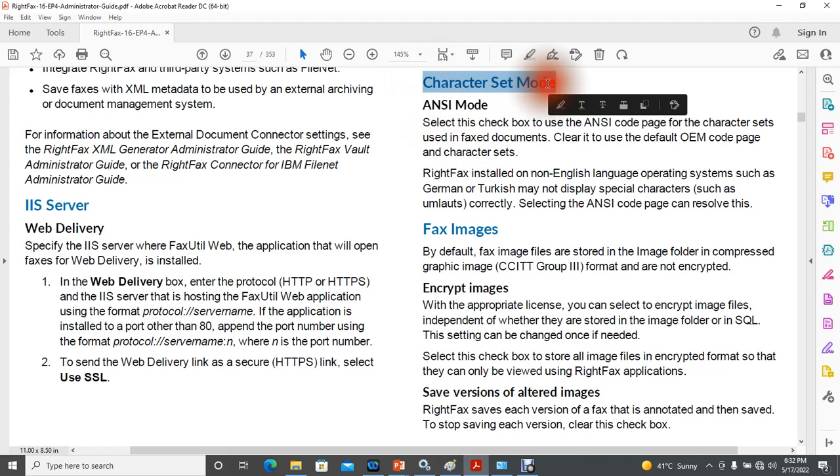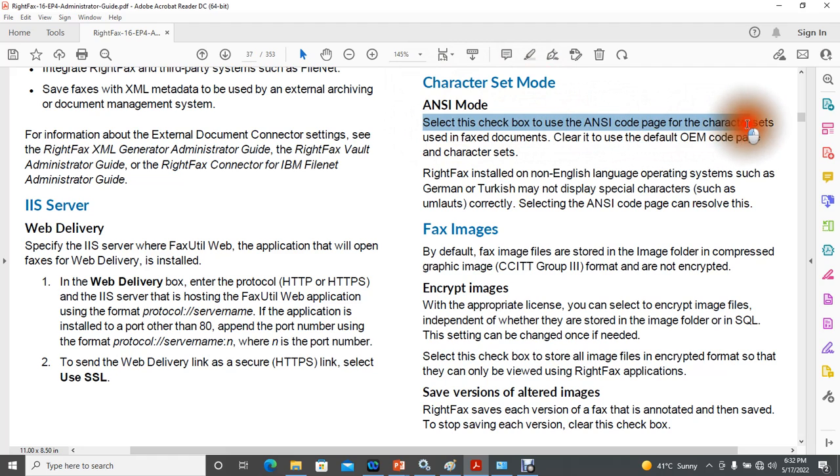And character set mode. So guys, ANSI: select this checkbox to use the ANSI code page for the character sets used in faxed documents, and clear it to use the default OEM code page and character set. And IIS server web delivery. So guys, specify the IIS server where fax util web, the application that will open faxes for web delivery, is installed. Okay, so here we have to give